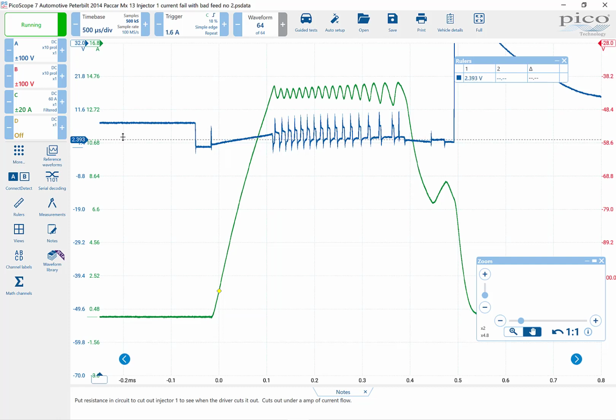So on average here, at first, when it opens, on this ground side we're seeing about 3.5 volts. So it's a little bit elevated on this one here, but that's pretty much normal operation right there, okay? So now if I lower it down, when it takes it away, it goes back down to about 2.8 volts, all right? And the current flow going through the injector is about 14.3, 14.4 amps, okay? So let me zoom out now,